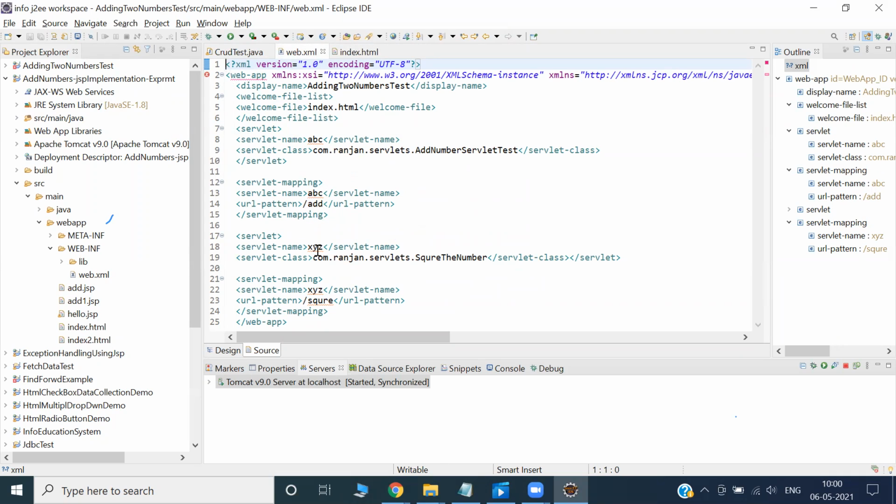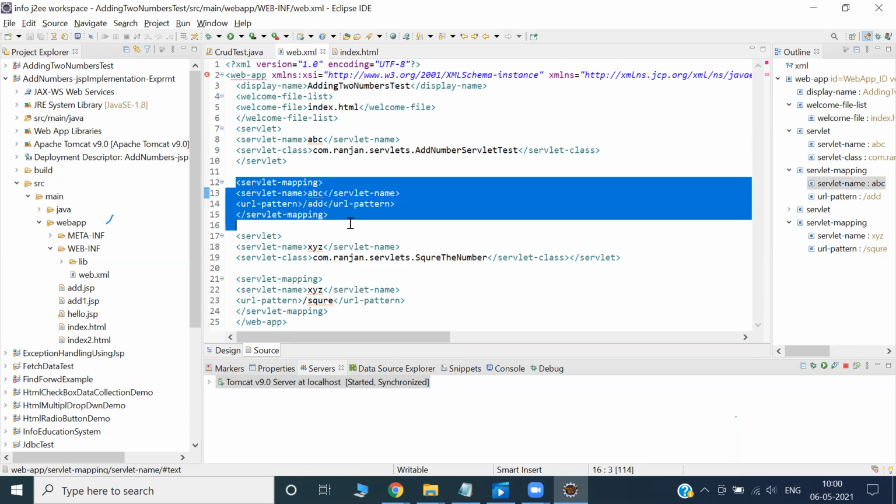Here, add just came. This servlet, right? It comes as add again from add. What is the URL? That is the URL pattern. The action name should match the URL pattern. Then when it hits, the server checks: hey, URL pattern, what is your servlet name? The servlet name is ABC. From here the servlet mapping is done. After that we have to go and hit the servlet class name.